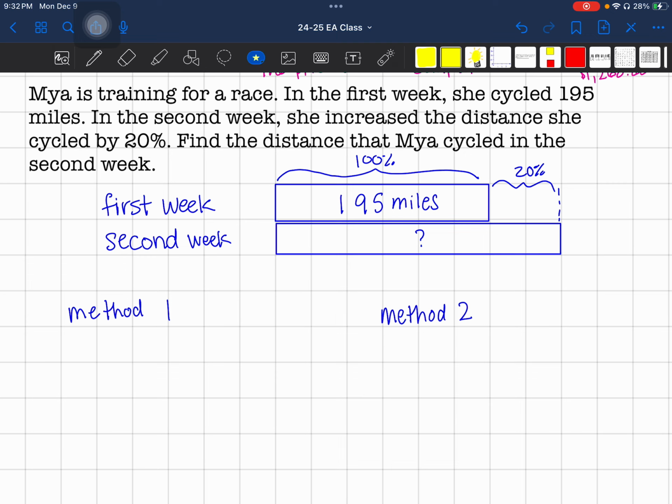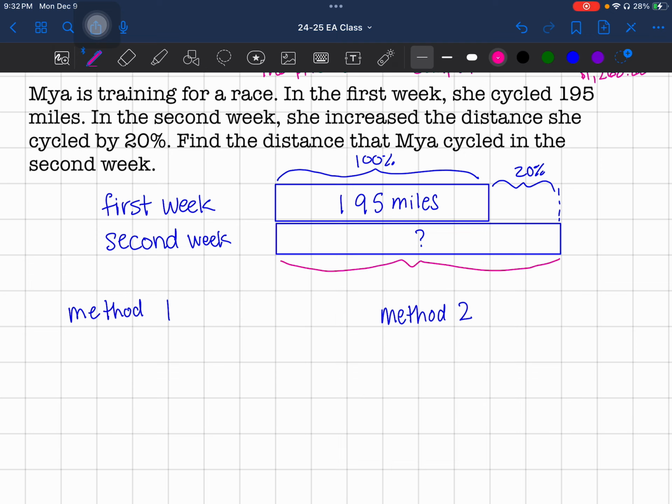Okay, so now method 1, I want you to pause the video again. Method 1 is finding 1%. Method 2 is doing 20% of and adding. Okay, pause the video, and when you think you have the answer, come back and check your work. Okay, so we know that this total here is 100 plus 20, so this is 120%, right? So if 100% is 195 miles,